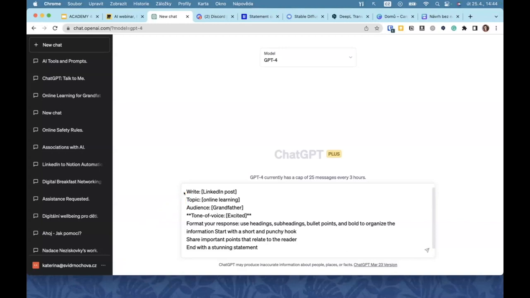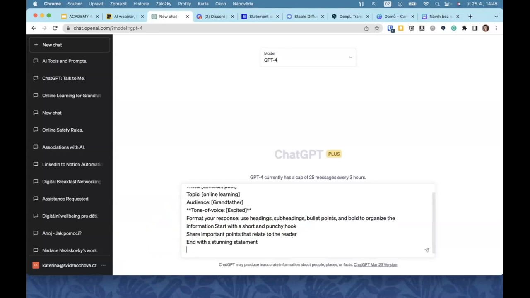And then I give her some specification. So format your response, use headings, subheadings, bullet points, bold to organize the information. Start with a short and punchy hook. Hook is something that attracts the audience, and at the end with some stunning statement.